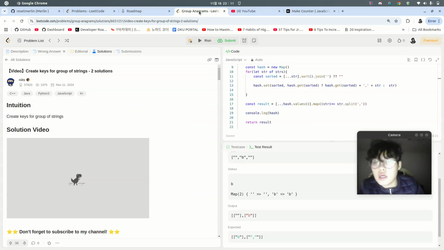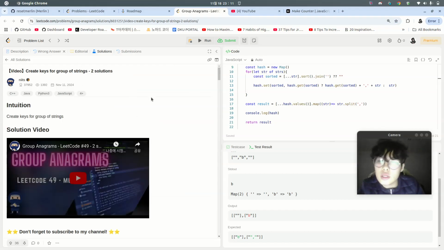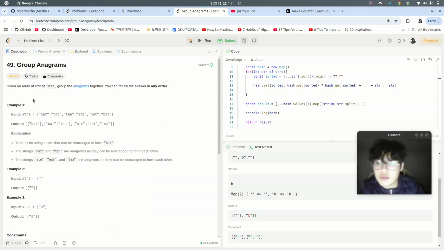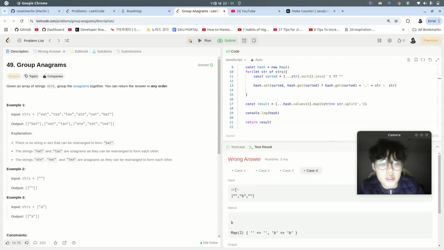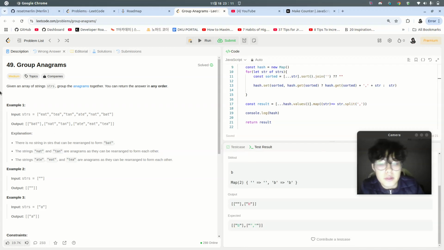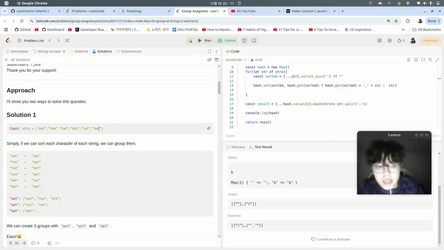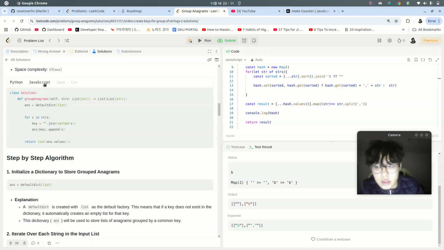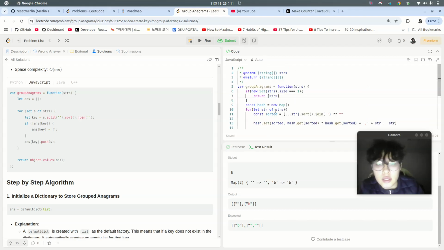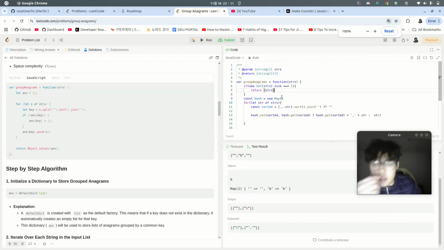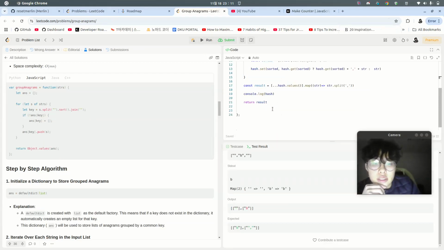Actually, what I learned today was that I tried to solve this LeetCode question, Group Anagrams. I think it works, but the empty string is not working on the hash map. I thought my answer was correct, but it was not. I looked at the solution, and it was kind of interesting because rather than